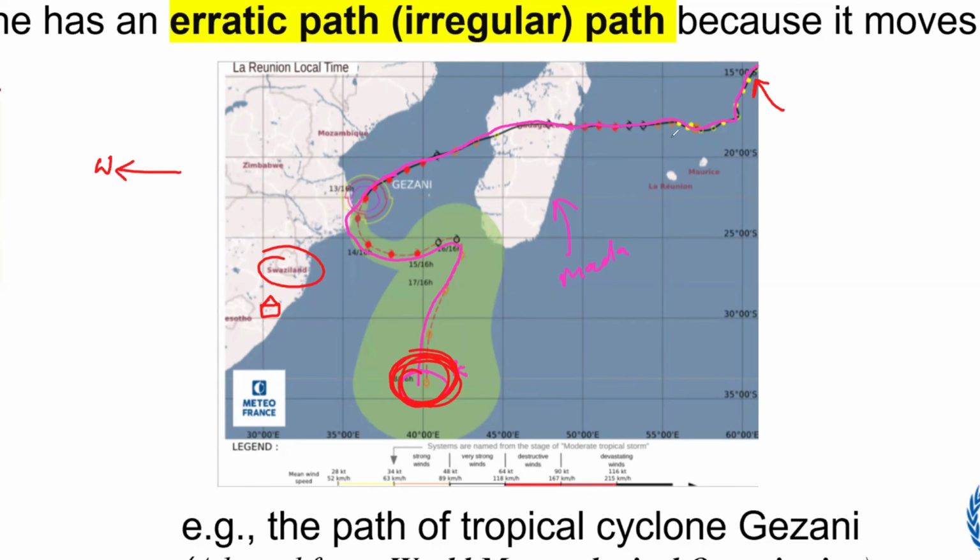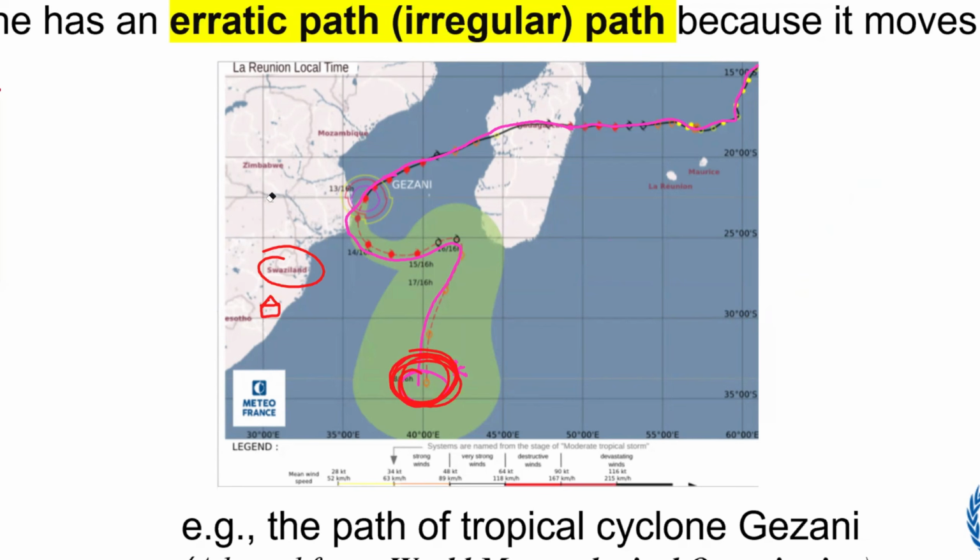Instead, it has got an erratic path. It doesn't have a definite path. You will find out that maybe another tropical cyclone will hit next time, and it will start moving in another indefinite path. So we just got an irregular path. We don't actually have a certain path that's like a straight line where this tropical cyclone will be moving from